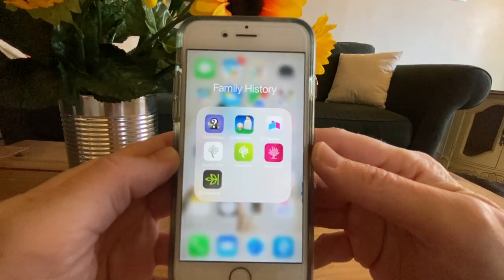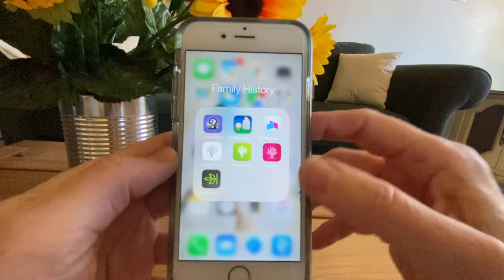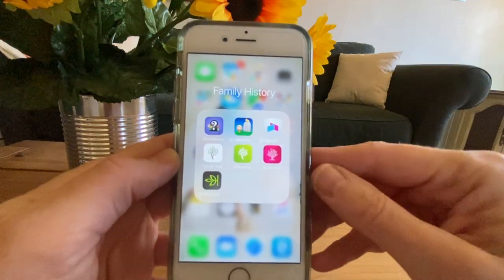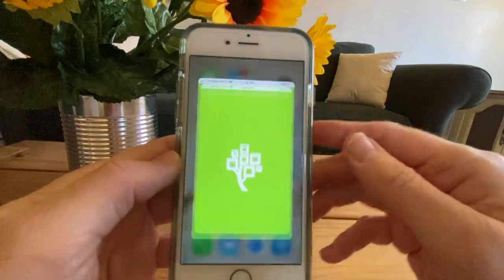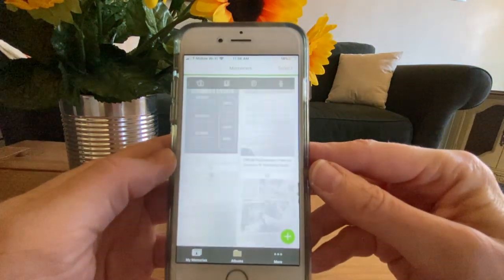Okay, so the first thing you need to do is have the Memories app downloaded to your phone. It's the green icon right there. You can get it at the App Store. And once you have it downloaded, go ahead and open it, and you'll need to sign in to your FamilySearch